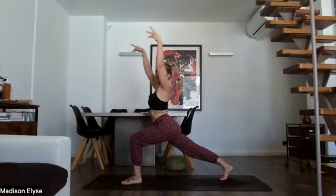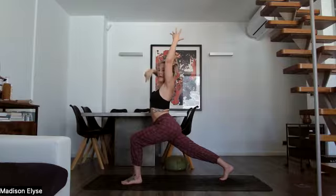One of the issues with back bending a lot of times, inhale your hands high, wherever you are, is that people tend to also dump into one area of the low back and think we're bending, but really the back bend comes from the whole spine, right? Which we're gonna try to involve today. Breath in